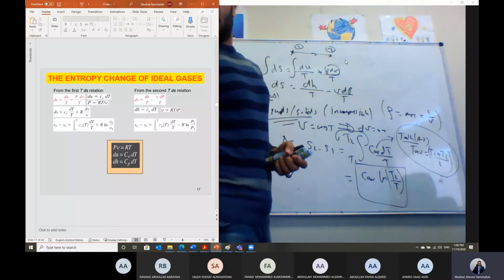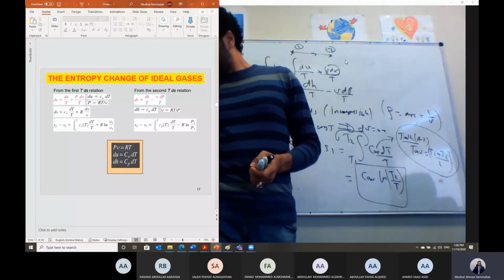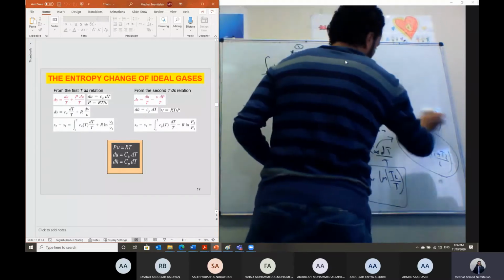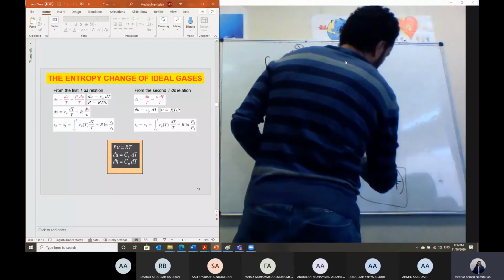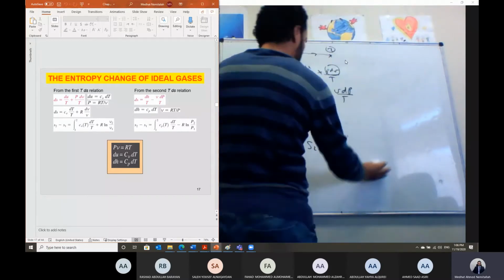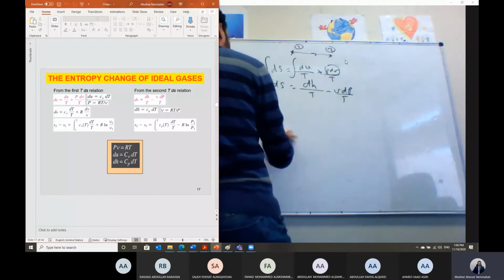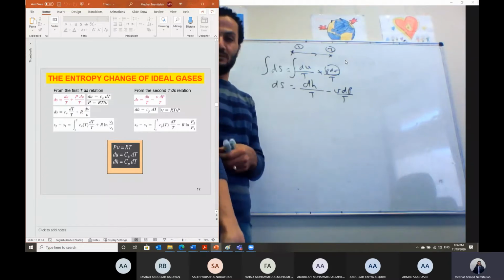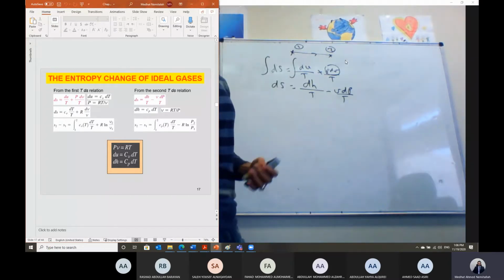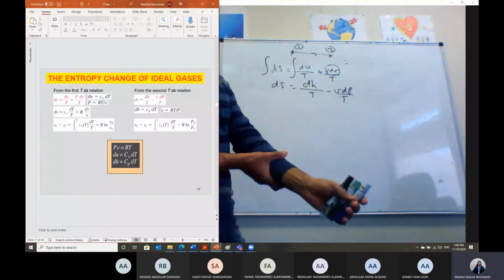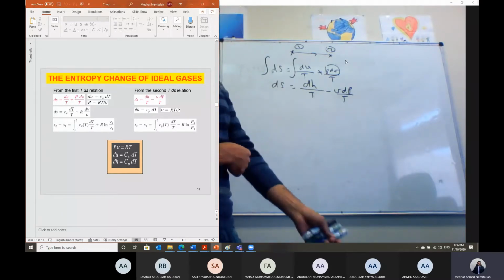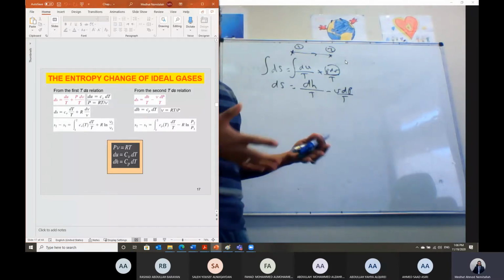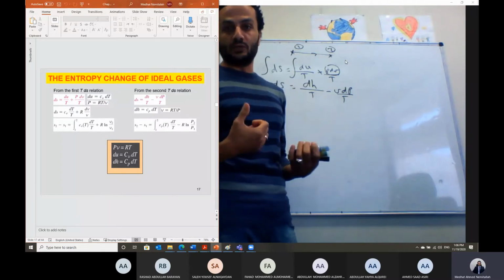But let's continue today with the case where the working fluid is a gas. How can we calculate the change of entropy, delta S? So the second special case is if the working fluid is an ideal gas. Usually when we say gas, we consider it an ideal gas. But in industry, you have to consider one of the modified equations, especially PV equals ZRT, because when you calculate the compressibility factor, this gives you a better prediction of the actual volume. So if you are working in a factory to fill gas cylinders, for example,